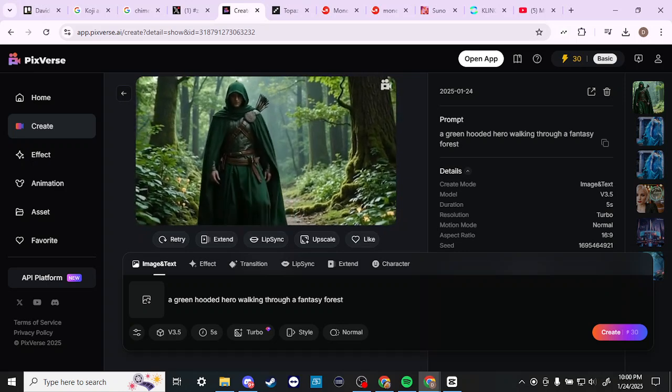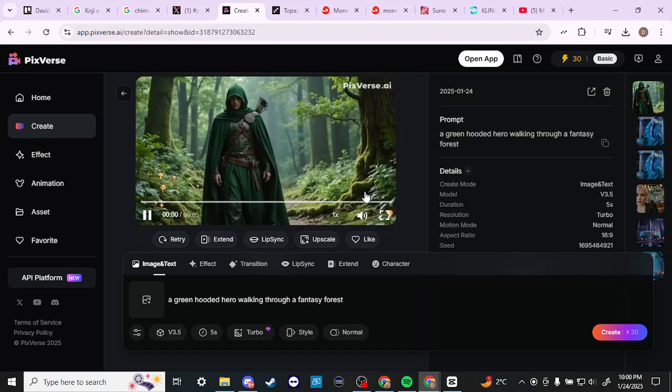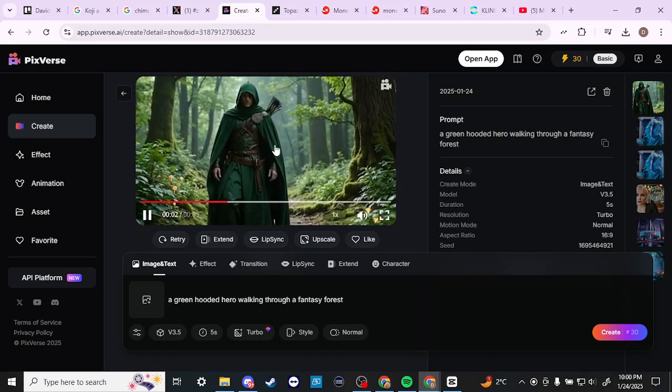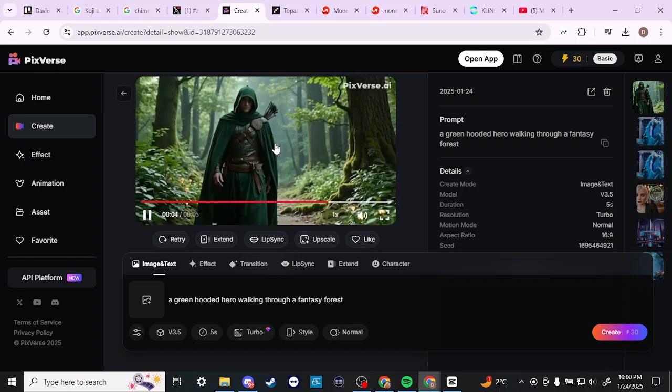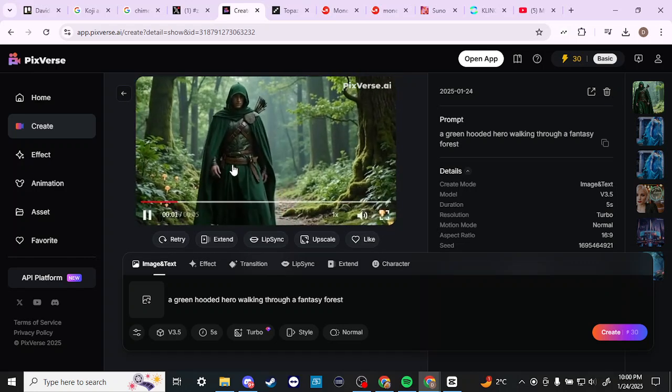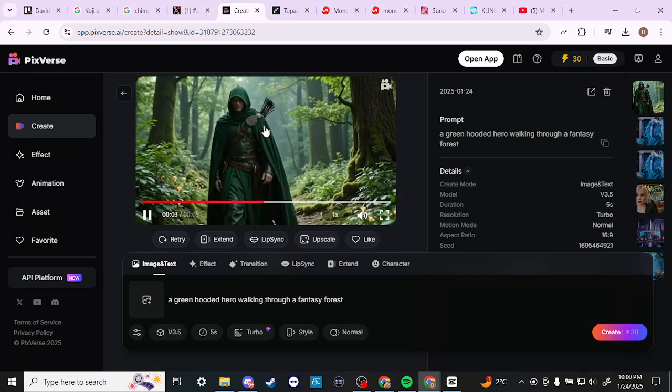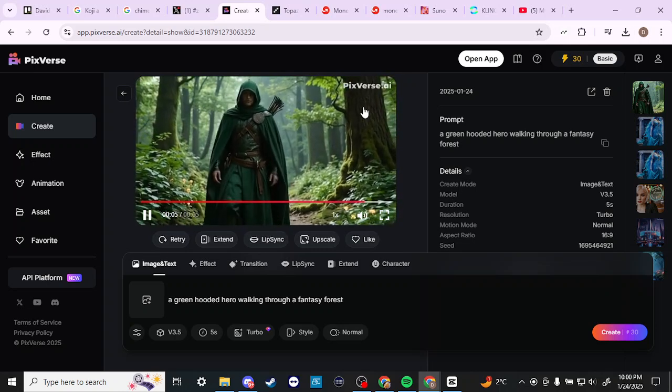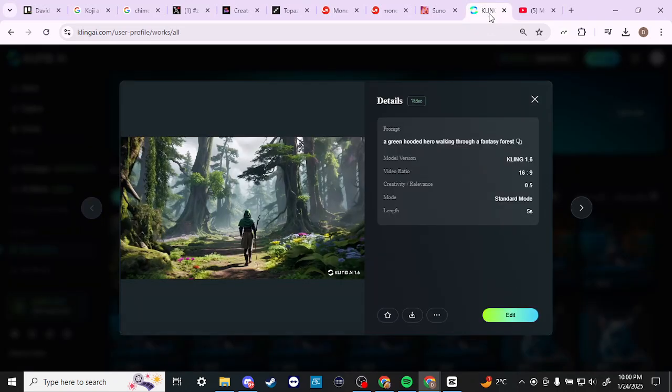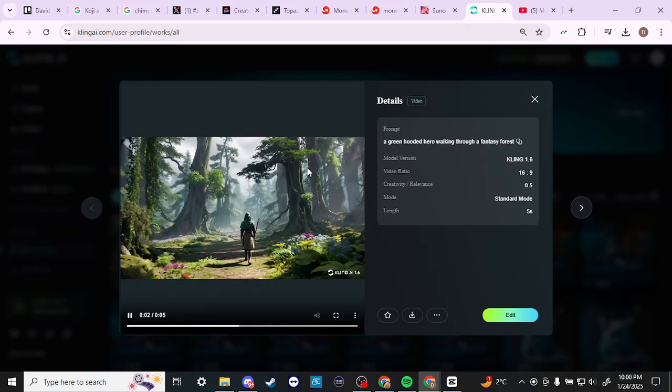Now, this could be a bit of the roll of the dice, but just what we're looking at here, that's what we can see. And really, the results are quite spectacular. I love the look of his armor and everything that's going on here. Really, really quite nice. Compared to Kling, which is also very nice as well, but definitely more of an